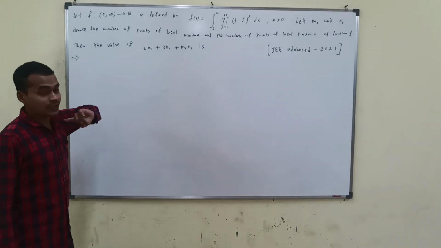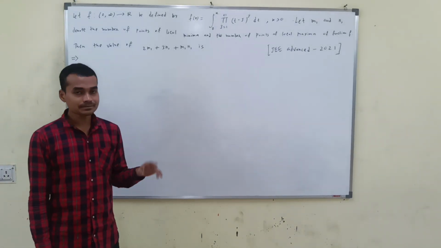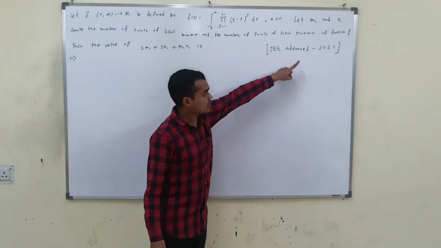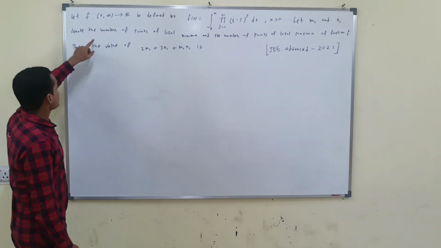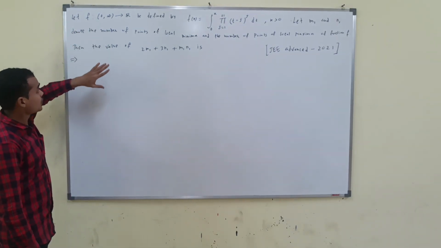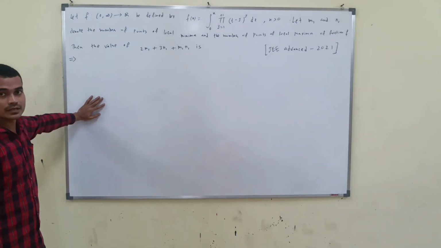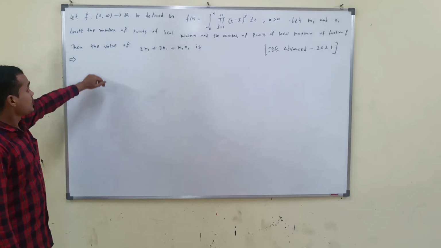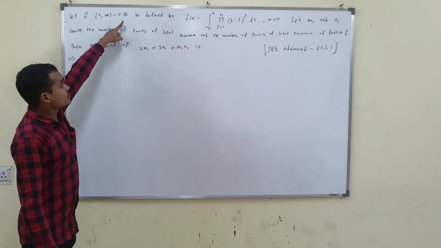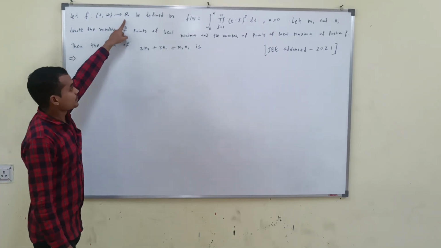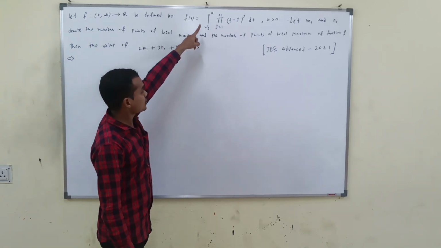Okay, so here we are going to discuss one question from JEE Advanced 2021. The question is: f is a function from the open interval (0, infinity) to R, where R means the set of real numbers. This is a polynomial. We define f(x) equal to the integration from 0 to x of